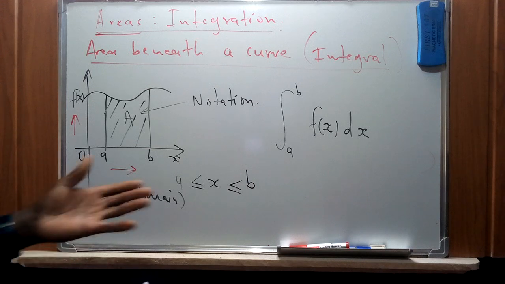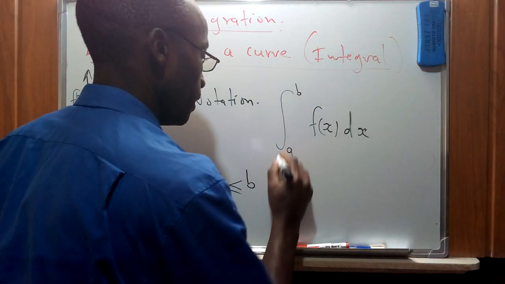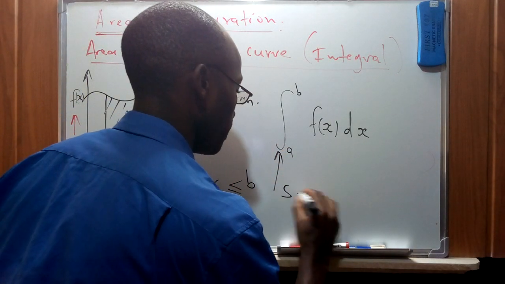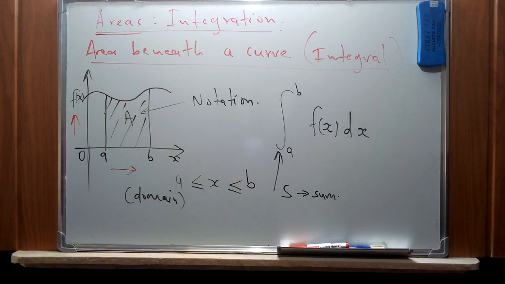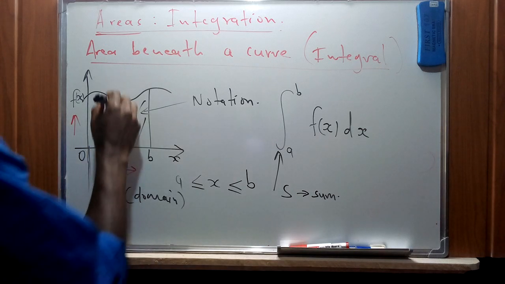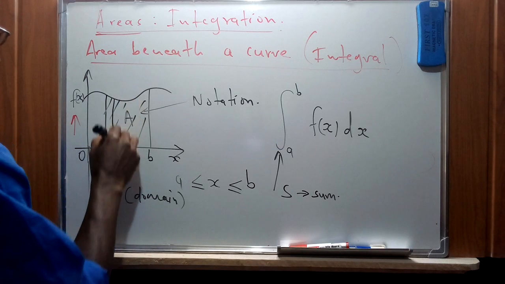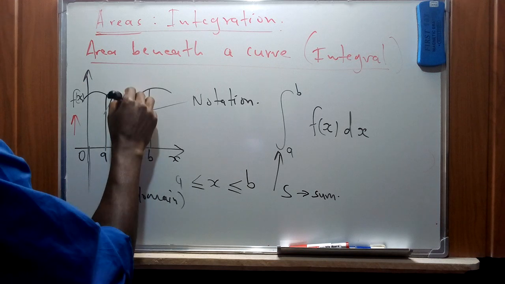So the symbol, this one, is an elongation of the letter S that is used to refer to the sum. Of course, this concept of the sum comes from the point that if we try to split this area that is under the curve into small